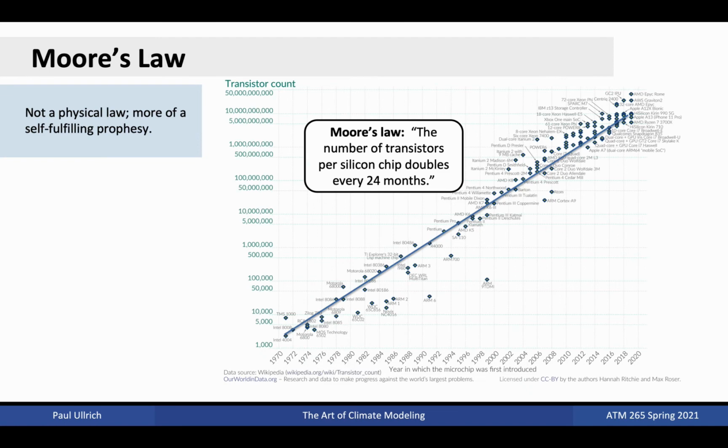A consequence of the miniaturization of transistors and innovations in manufacturing process has led to Moore's law holding steady for the past 50 years. Originally formulated by Gordon Moore in 1967, Moore's law states that the number of transistors per silicon chip doubles approximately every 2 years. This is not a physical law, of course, and more of a self-fulfilling prophecy based on an observation and projection